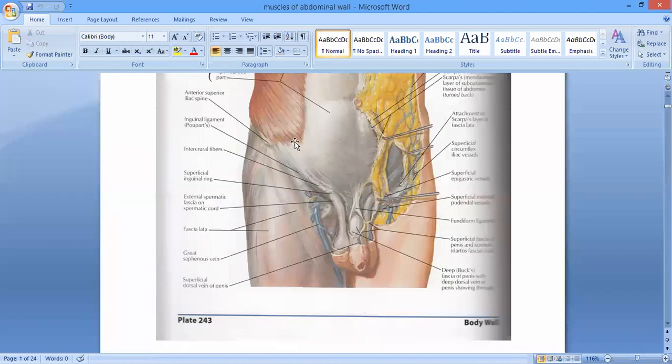You see the aponeurosis of the external oblique over here. You can see it is going to form this triangular gap. You see there is a triangular defect in the external oblique aponeurosis just above the inguinal ligament. Here this is the inguinal ligament and this is the pubic tubercle. Just above and medial to the pubic tubercle there is a triangular defect in the external oblique aponeurosis, right? And this triangular defect is called the superficial inguinal ring.